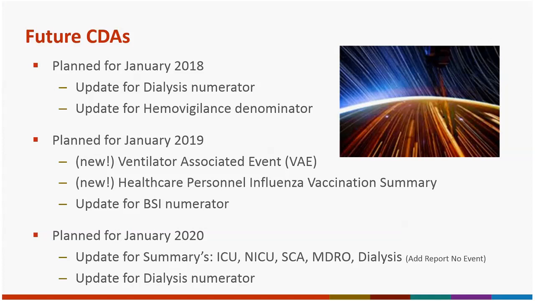So future CDA, as we've talked about on this webinar, we have the Dallas numerator and the hemovigilance denominator. CDA versions are moving to the R3-1.1 version. Plan for January 2019 is the VAE, ventilator associated event. We're also adding the flu summary, and then the BSI numerator will be updated to include those two fields that we mentioned before. And then moving to the next year, plan for January 2020, we're having an update for summaries: the ICU, NICU, SCA, and MDRO, and the dialysis